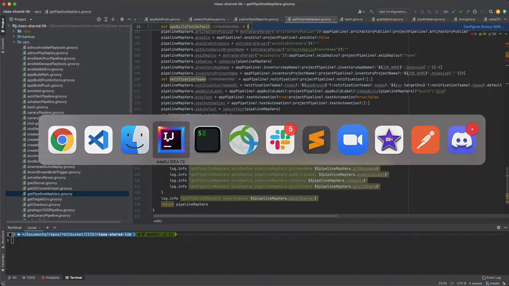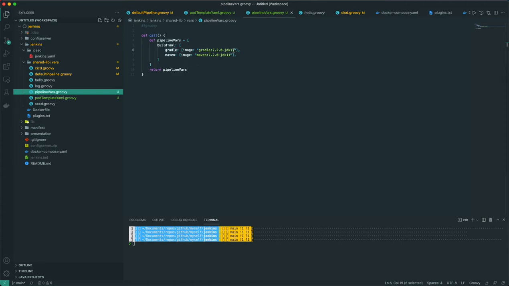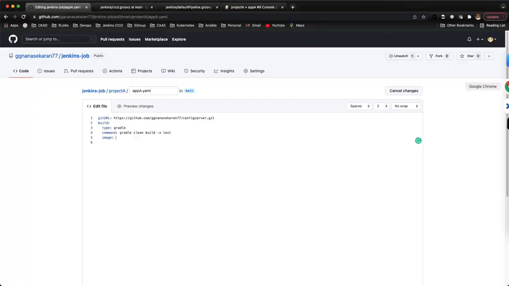Here currently we are using this image, and we'll make it something like this.